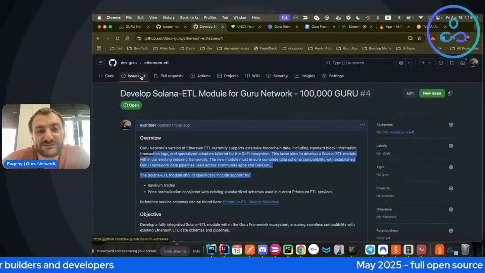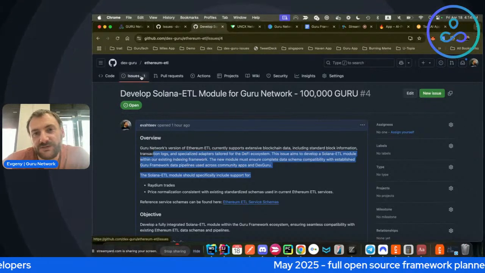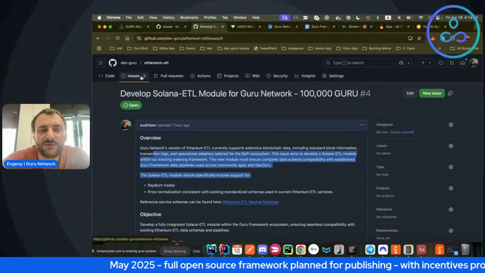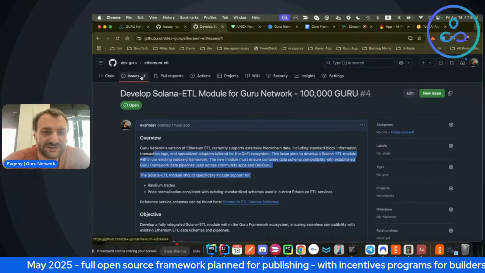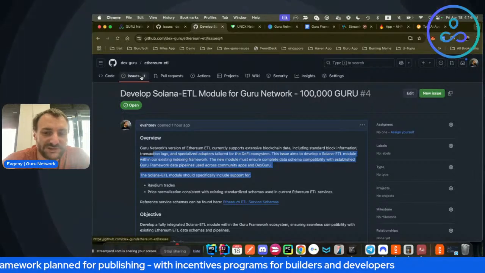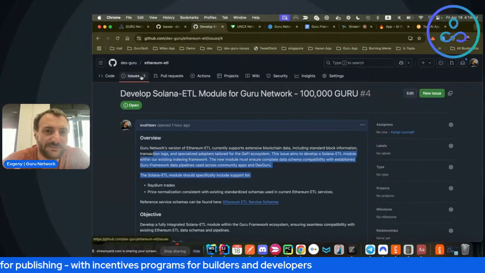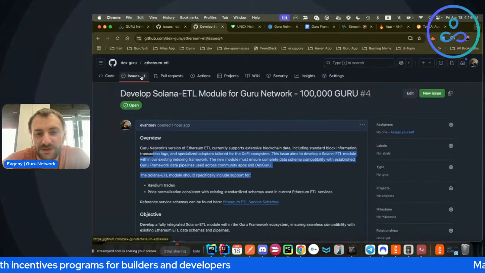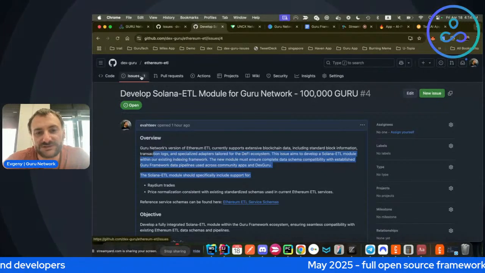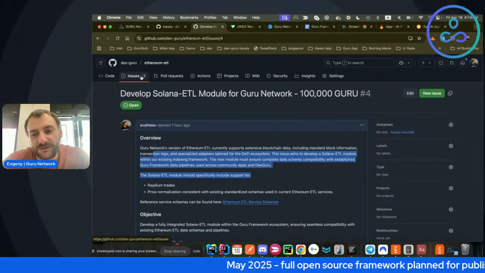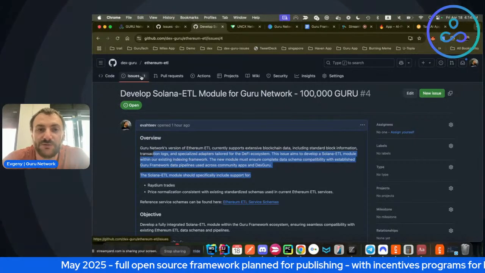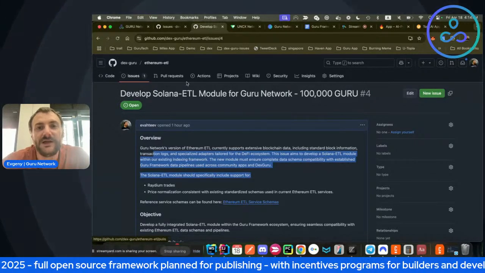As a developer myself, there was always an issue with the motivation to participate in open source projects, and I believe with those kinds of mechanics in place, we will be able to bring something new into the open source world, as well as grow the ecosystem of developers around the Guru framework and around the Guru network itself.